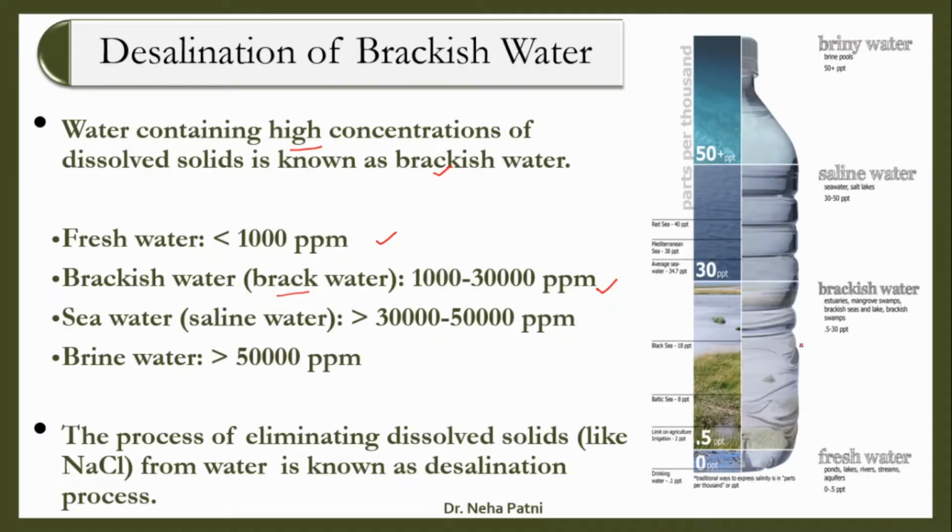So here you can see, I have taken this image from a net source, and you may see that up to like 500 ppt. Here they have mentioned it in ppt, parts per thousand, and what we have referred to up till now was parts per million, so I have just converted into parts per million. So brackish water would be in this range of around 30,000 ppm. Some people take it from 500, some may take it from 1000. So as I said, it will vary, plus minus 10,000 it may vary.